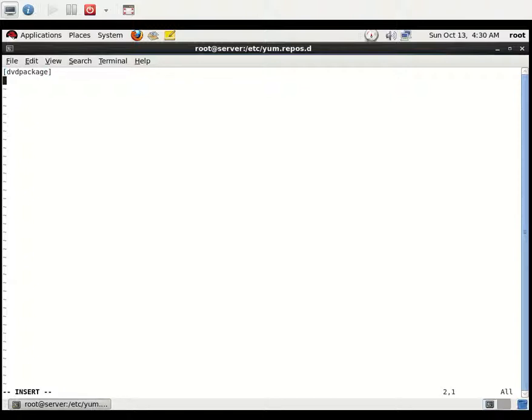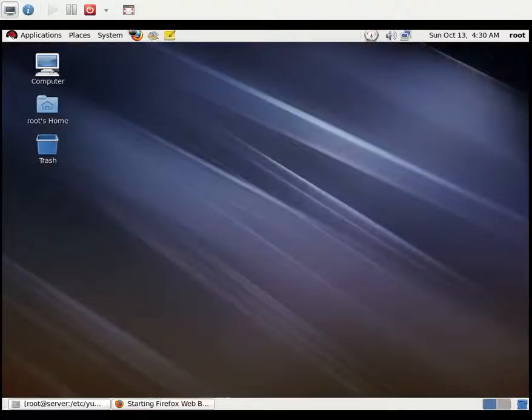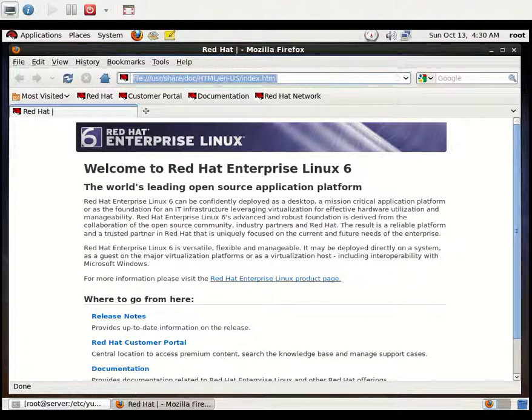The name of the installation package is just rl6 local. And the base URL we need to take from the browser, or you just need to replace it with ftp://192.168.1.6/pub. That's it.